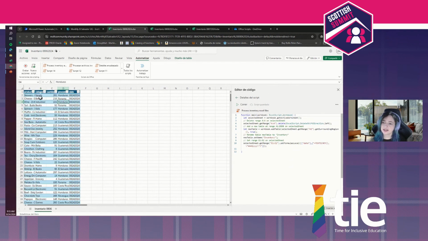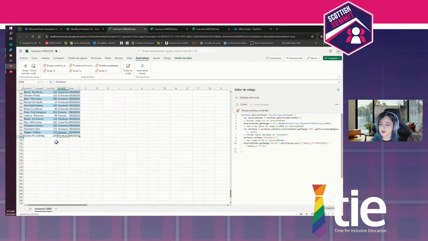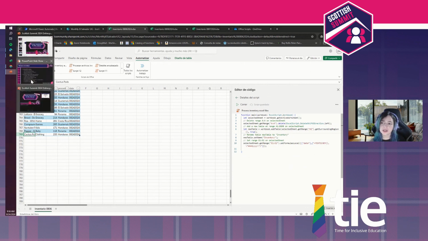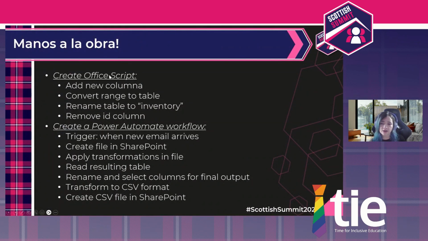Okay, now it has added everything. And if I go to the bottom of my table, you're going to see that now it added only the 700 rows, because now we have this dynamic thing going on that is going to automatically recognize the number of rows that we have. So the first part of our solution is ready, which is creating the Office script that does all of these steps,